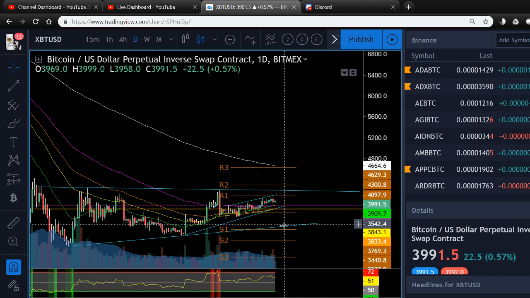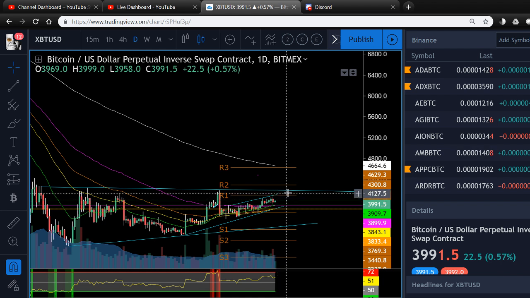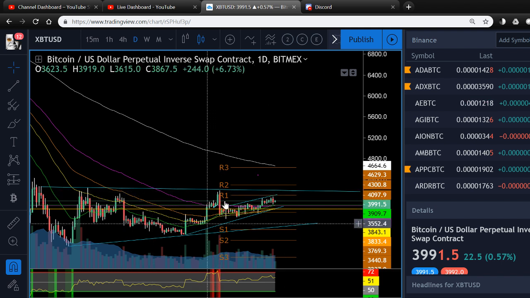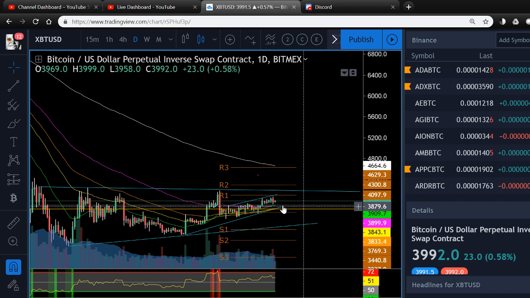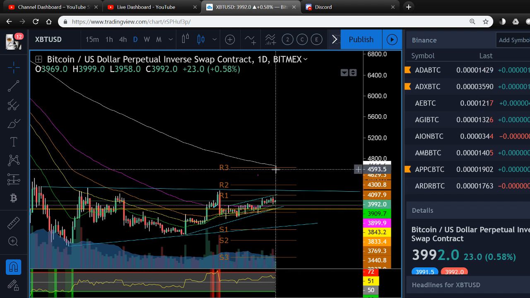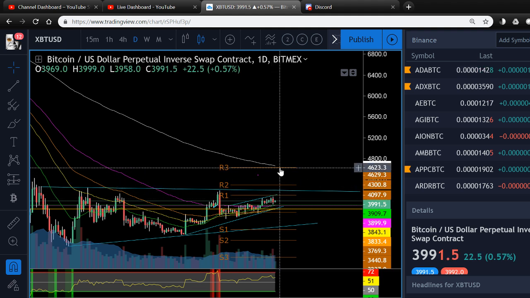If we do, I don't think we'll cross this trend line. This is the 3450 area. I don't think we would cross it. I think there's going to be a rejection here at, what is it, 4200? Maybe a smaller dip possible. So these are the kind of things we're looking at. Also, these EMAs, I feel they're pushing up towards 4600.